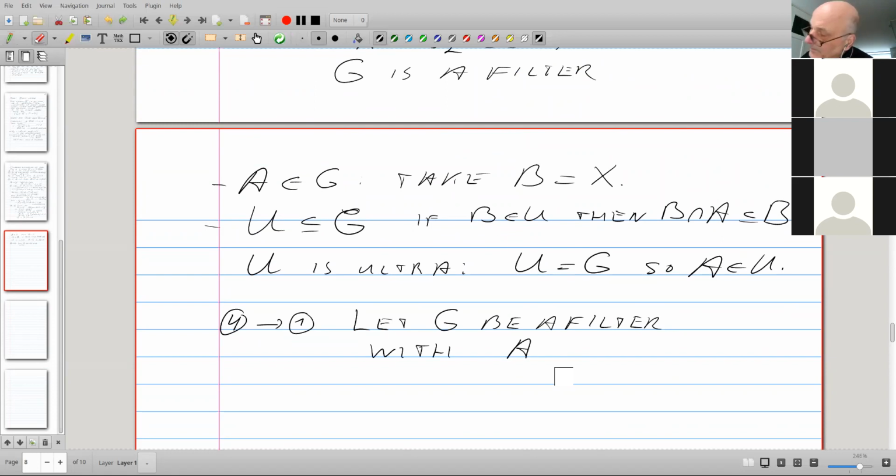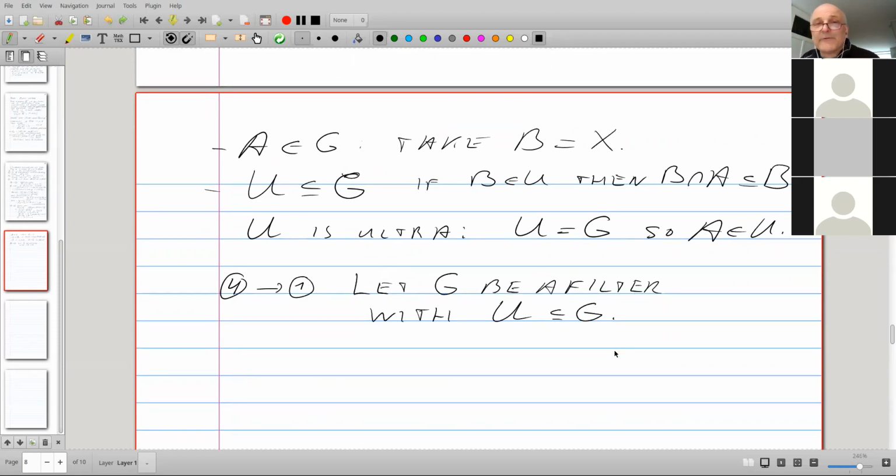There's no A yet. Take a filter that is finer than U. By the way, I saw in the chat why finer. Well, a finer filter usually has smaller sets in them, as you can see from the construction a few moments ago.